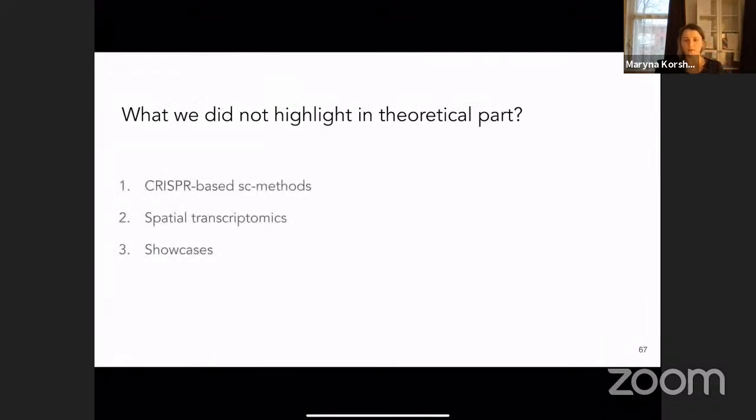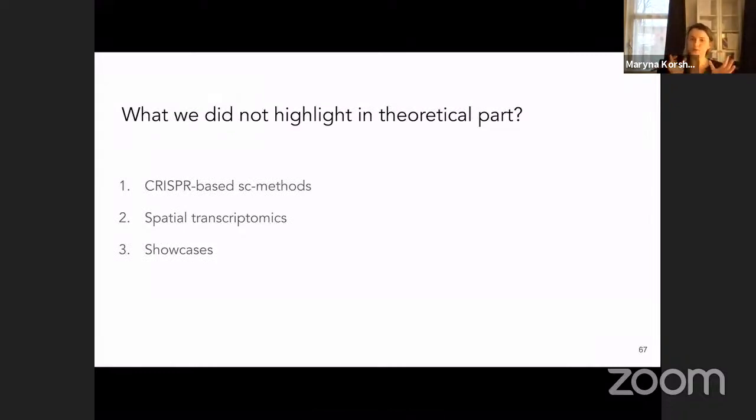I would just like to highlight that we finished our theoretical part, and what was not included, where you might go deeper if you would like to know more, is that we have not highlighted CRISPR-based methods, except slightly with scRNA-seq. We also did not include spatial transcriptomics intensively, but we gave an overview of its principle in Monday's lectures and today. And also there is a real need to understand in general both single cell by itself and